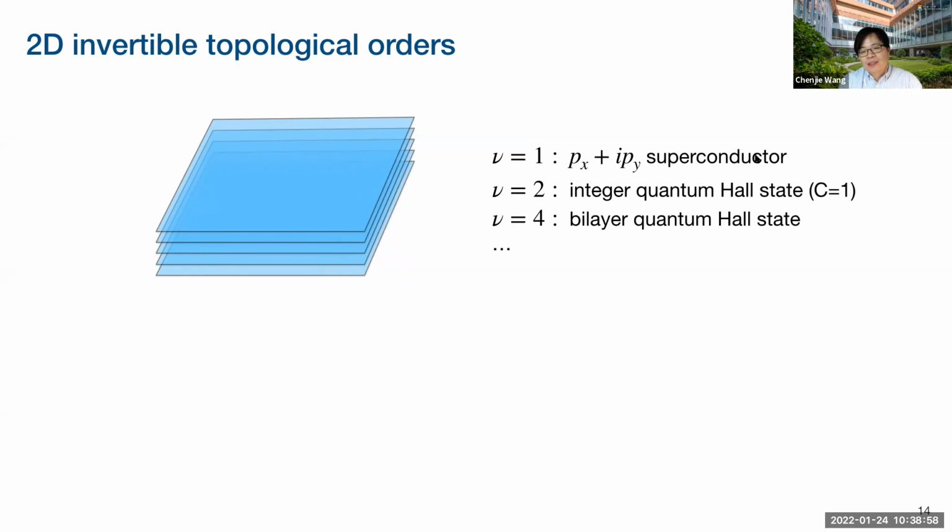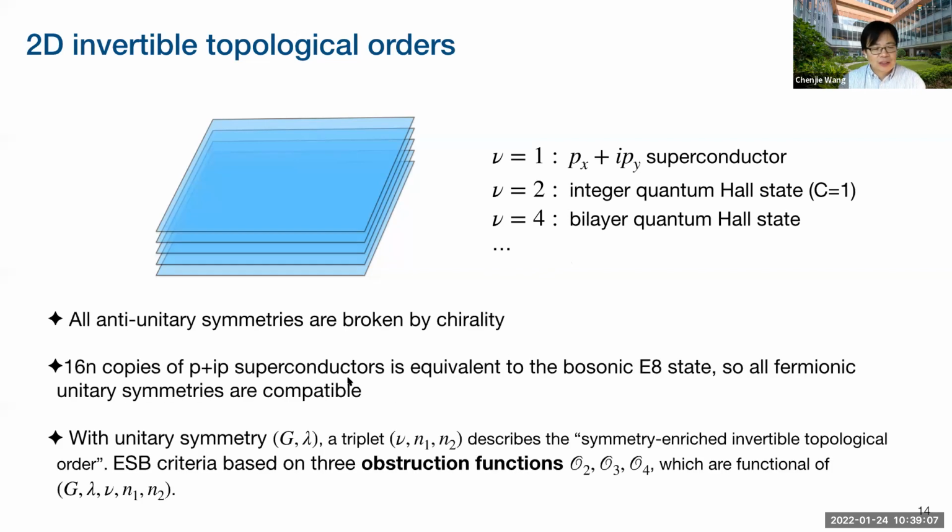So for example, nu equals 1 corresponds to the p plus ip superconductor, nu equals 2, nu equals 4 bilayer, and up to nu equals 16. There is a 16 periodicity, actually. There are some properties we can argue. For example, all the anti-unitary symmetries are broken because of chirality. It's very simple. So we need to focus on unitary symmetries. And also 16 copies of p plus ip is equivalent to bosonic E8, but bosonic E8 is compatible with all the unitary symmetries. So we actually only need to consider nu from 1 to 16, or